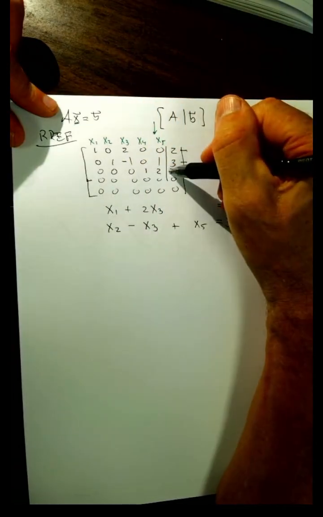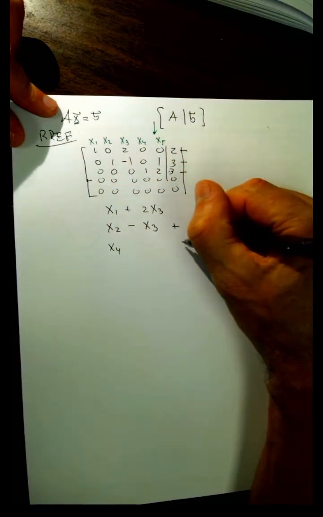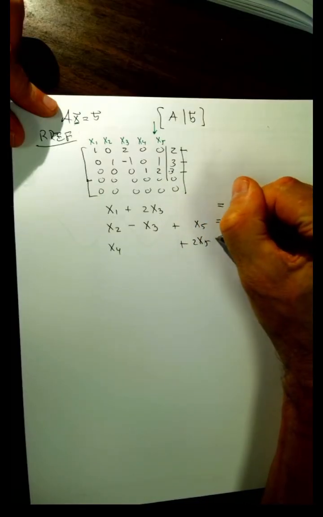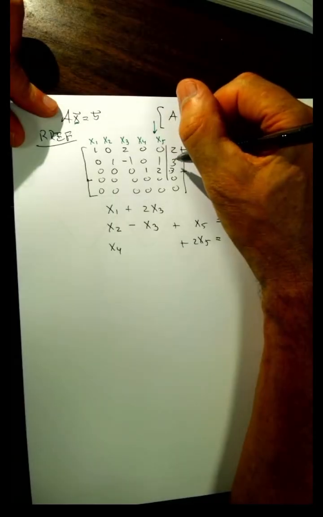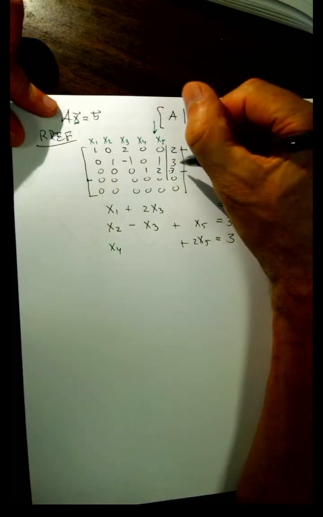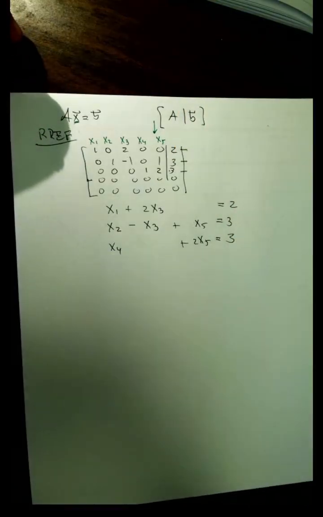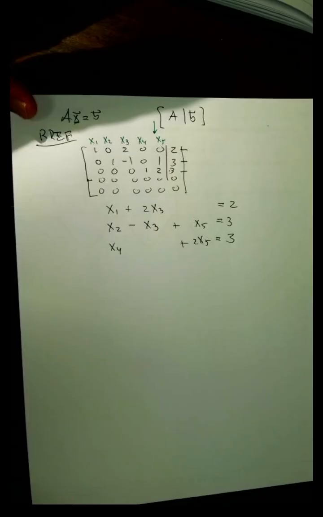And then the third row says that x4 plus 2x5 is 3. I think on the previous page I had a 1 there. Yeah, I did. Let's just go with this to make this less confusing. Let's just suppose this is what I had. Now,